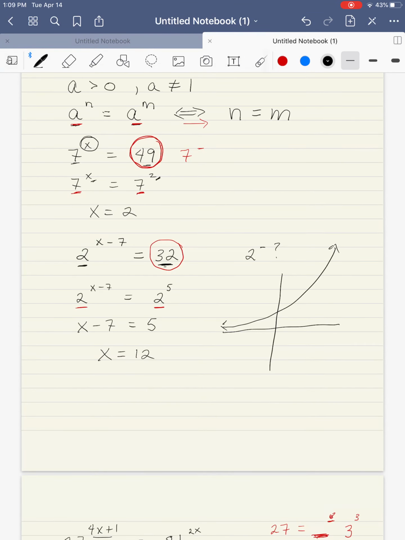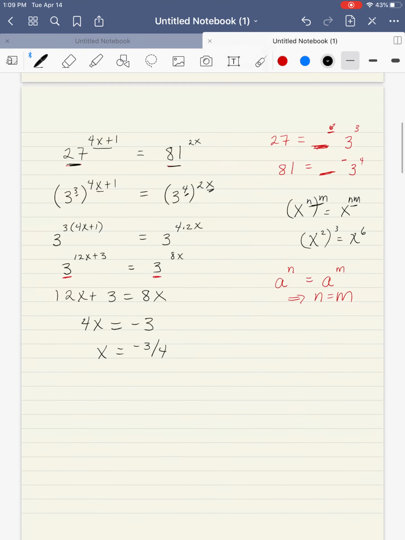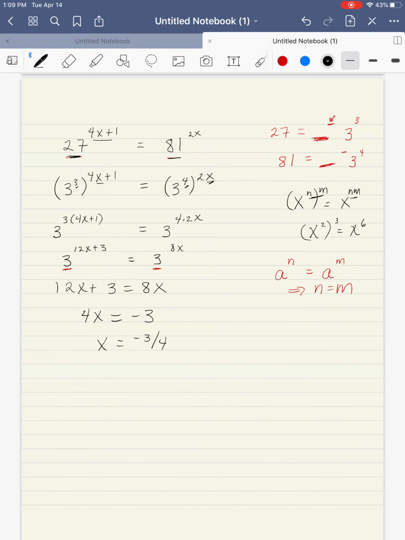So when we have an exponential equation, and that means an equation with the variable in the exponent, if we can get the same base and then set our two exponents equal to each other, that's going to be the easiest way of solving it. In our next video, we're going to look at what do we do if we cannot get the same